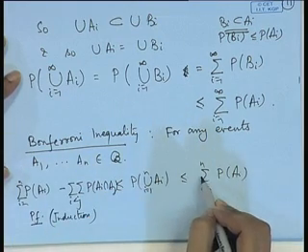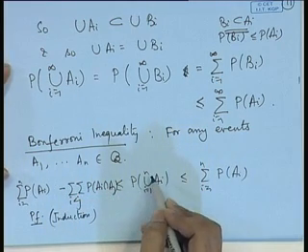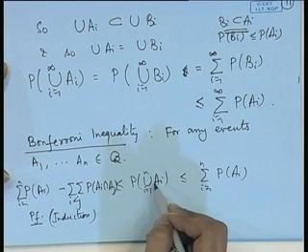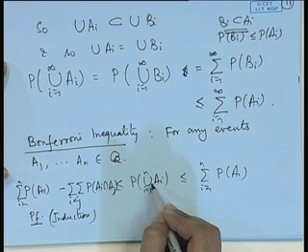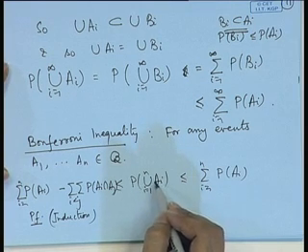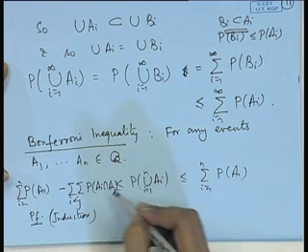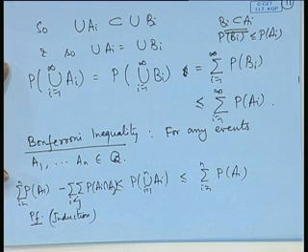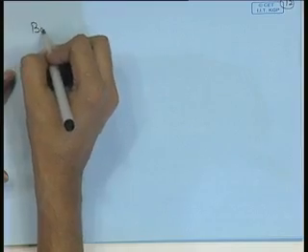We can see the right hand side has already been proved. To prove the left hand side, if we take n is equal to 1, then it is trivially true. For n is equal to 2, there is equality by the addition rule. So, assuming for n is equal to k, if we write for n is equal to k plus 1, then we can split it into two terms, that is union of A_i, i is equal to 1 to k, union A_{k+1}. On that we apply the addition rule and then apply the assumption for k. That will prove the general Bonferroni inequality. In a similar way, we have what is known as Boole's inequality.